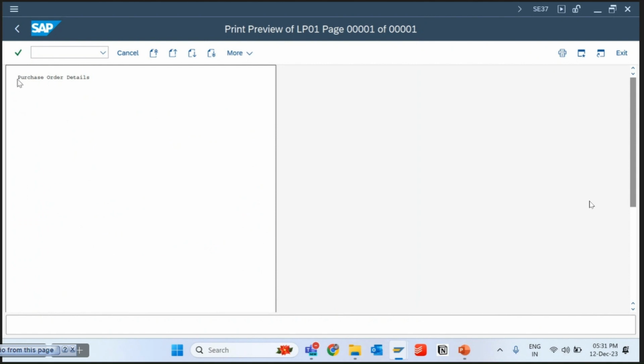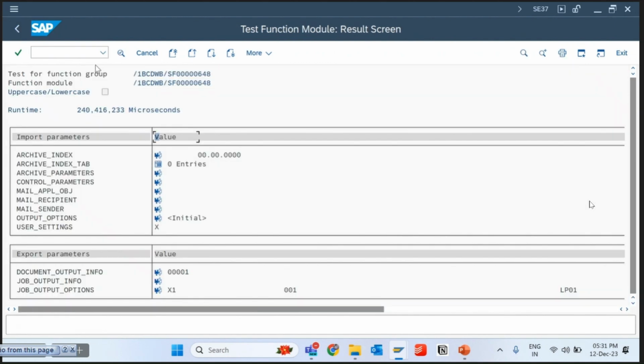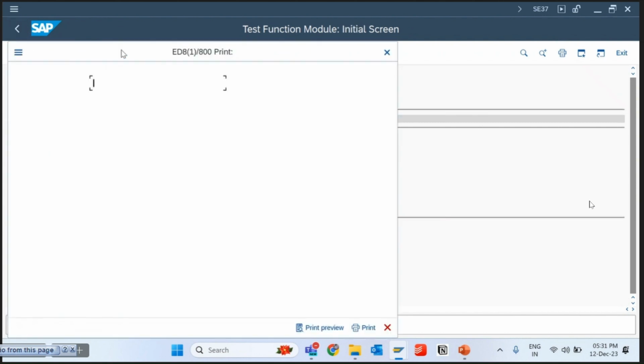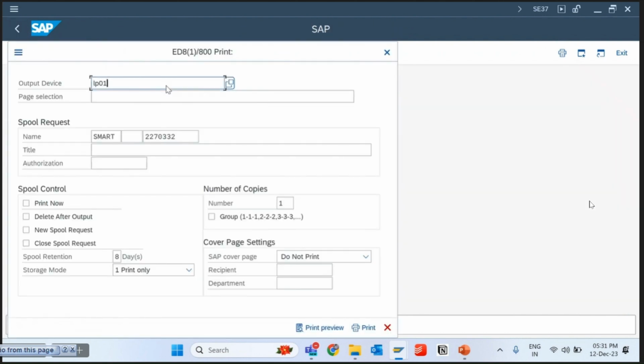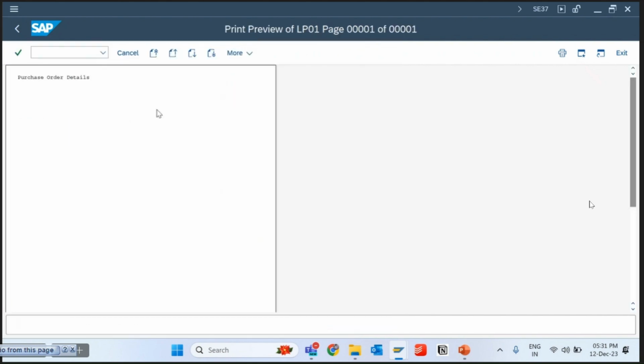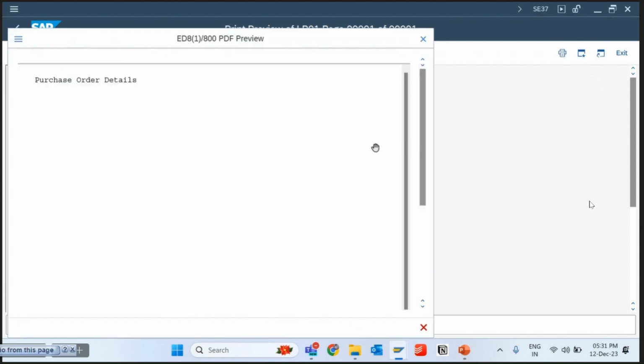So I'm able to see this output, guys, and here it is coming as purchase order details. Okay, so this is my print. I can also take a print from here, or I can also do print preview. If I write PDF followed by an exclamation mark, this will be displayed here. I can also save it as